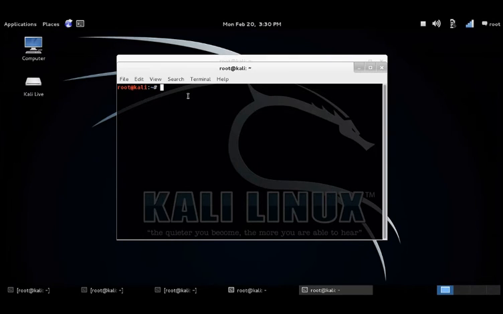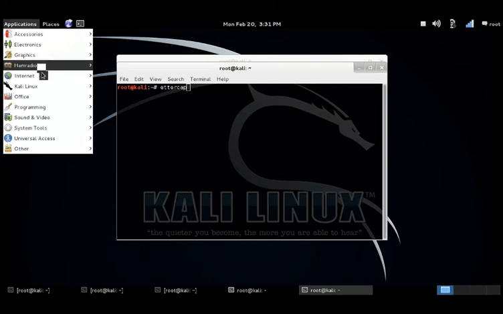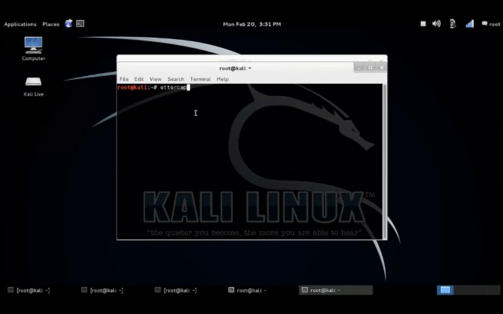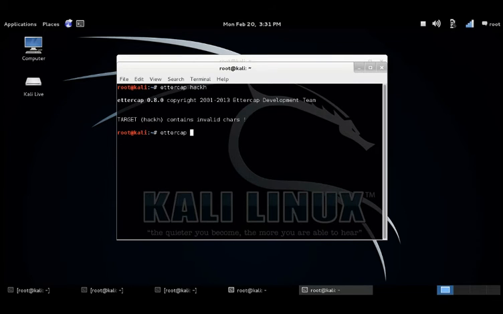Okay, so I'm going to use ettercap. With ettercap, you can just go over to applications, internet, and a GUI, a graphical user interface, will pop up, and it's much easier to use the GUI. Since this little process only takes 2 commands, I'm not going to use the GUI, unfortunately. I'm just going to run ettercap -tqi